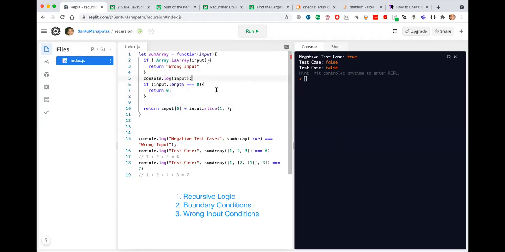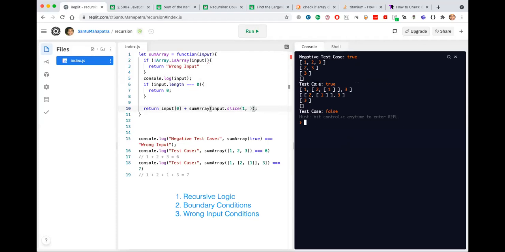Still returning false. I'm not calling the recursive function correctly. I am just doing the addition thing. That's one mistake. Okay, awesome. The second test case is true now.